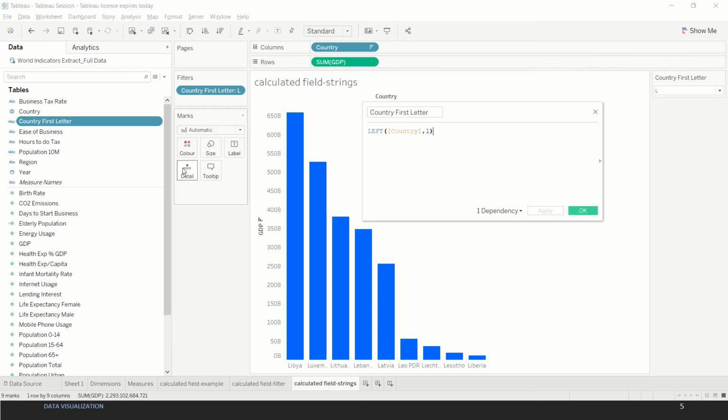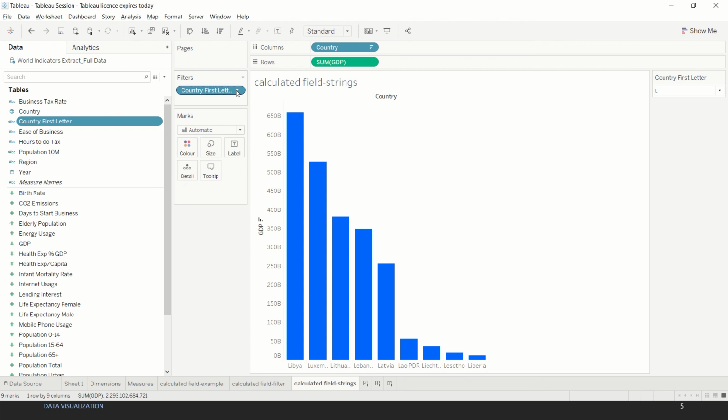Now if we go to this field, it says left. So basically we're taking from the field country one character from the left. You see, if you click here, Tableau prompts you with the syntax that is applicable to this calculation. There are other options available in string manipulation like left, mid, right, and so on. I'll advise you to go through all those, and once you have created this field, you click OK.